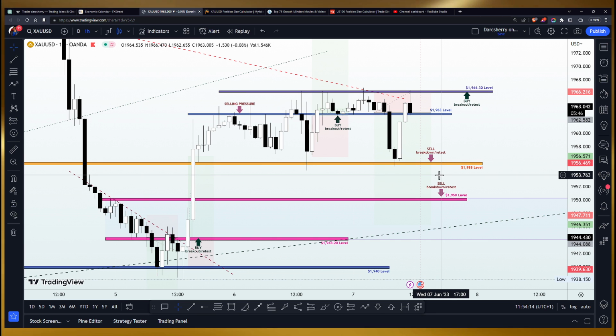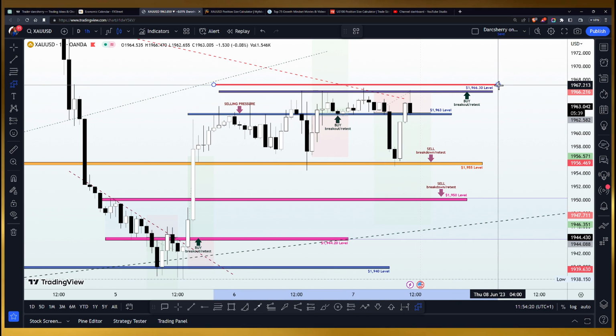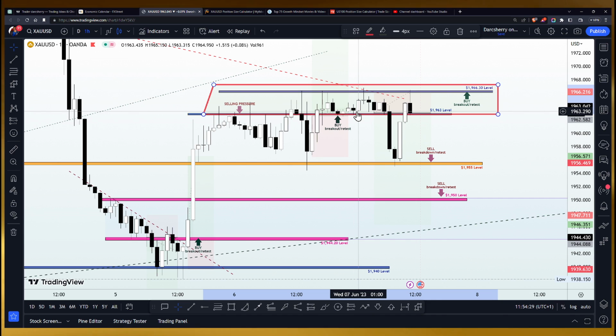Now, buying the XAUUSD looks more reasonable if price action breaks out of this 1,966. And if you look at what has been happening in this market around this area since Tuesday, you will see how this zone has been a strong selling niche. Every attempt by the buyers to break out of the zone, despite the strong bullish start to the week, has been met with strong resistance from the sellers. So we want to keep that in mind.